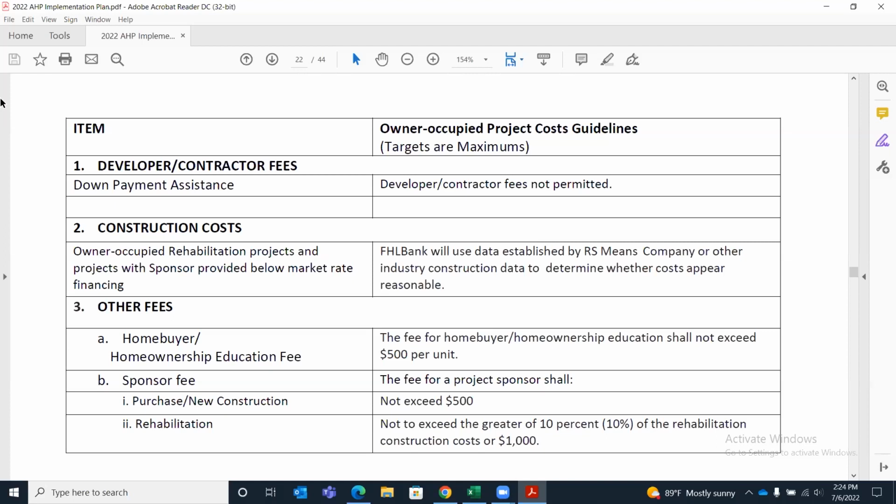You can see for down payment assistance applications, developer fee and contractor fees are not permitted. Although they are not permitted, we assume if the project is building a new construction unit, these types of fees would be included in the purchase price of the home and not separated out on the closing disclosure. The other fees listed within Exhibit A are homebuyer education fee and sponsor fee. The homebuyer education fee cannot exceed $500 per unit, and the sponsor fee cannot exceed $500 per unit for a